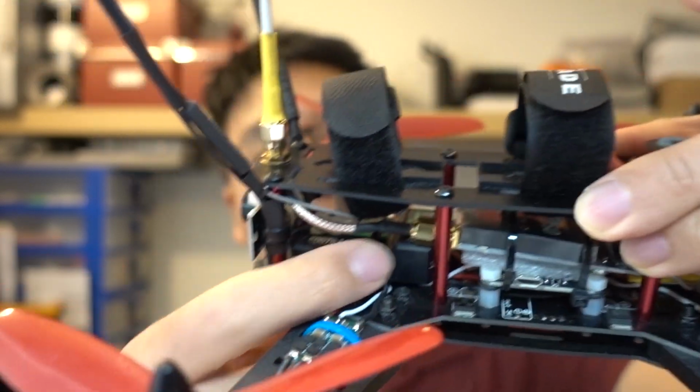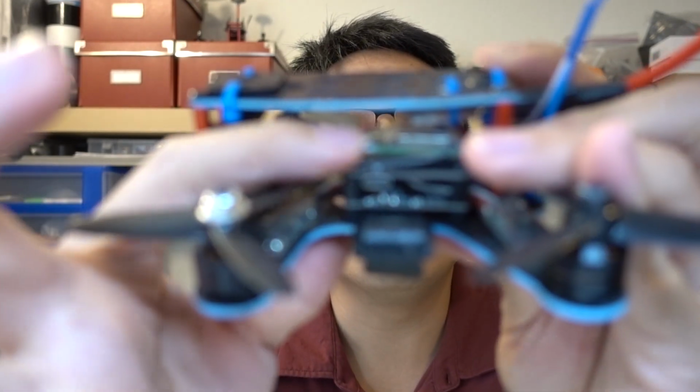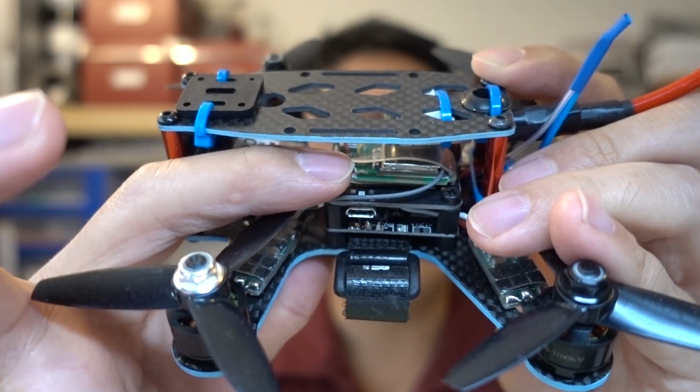Sometimes you might have to, in this case I would have to take this quad apart to be able to do a rebind. Now, I did do a video which is in the FlySky Receivers playlist, where I took this receiver here. This is in the B Rotor 130. This is an IA